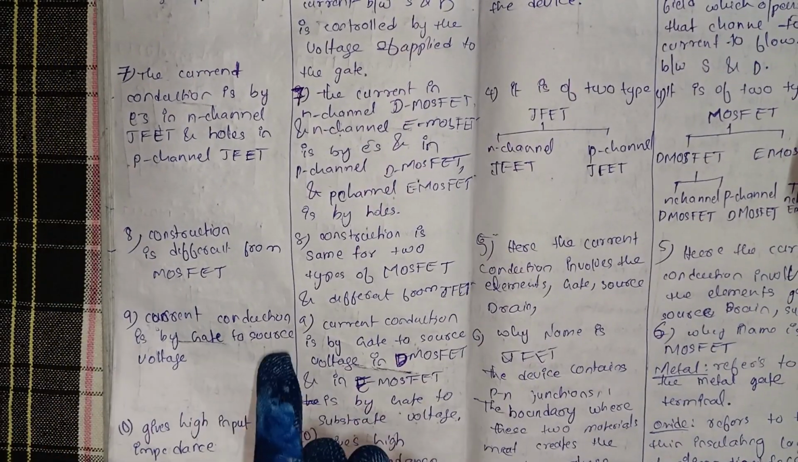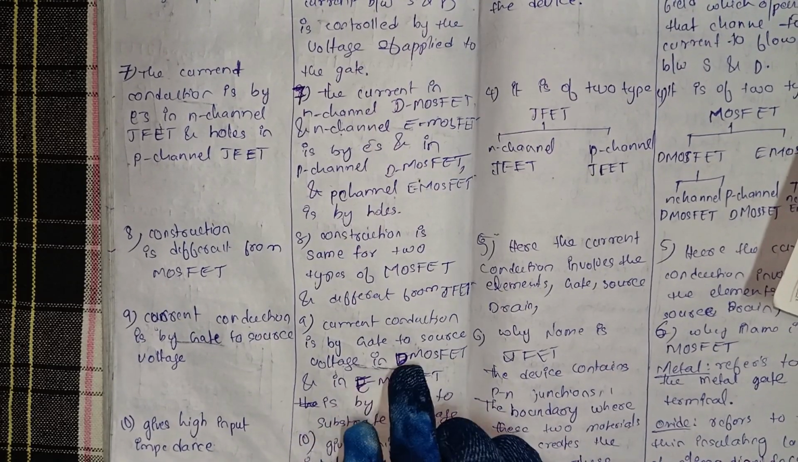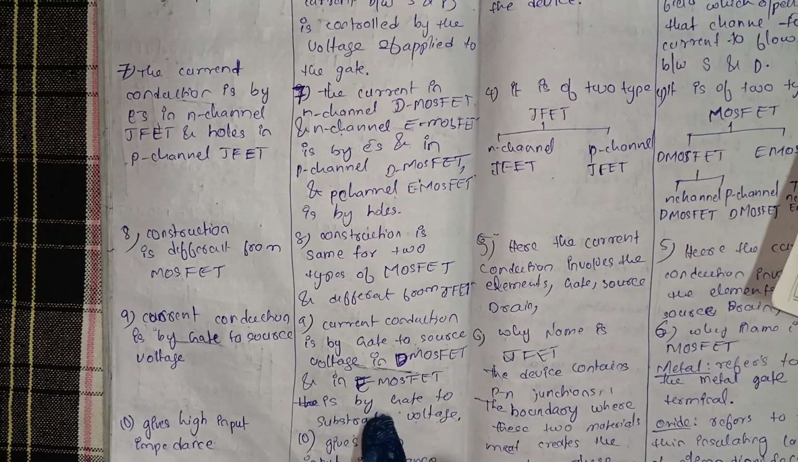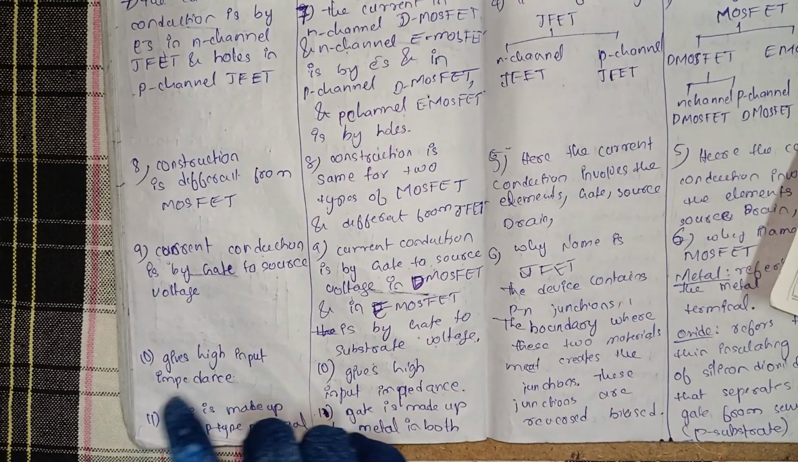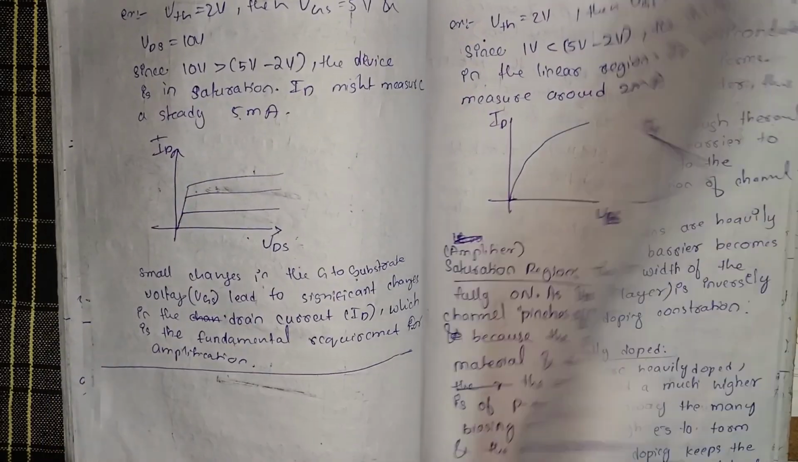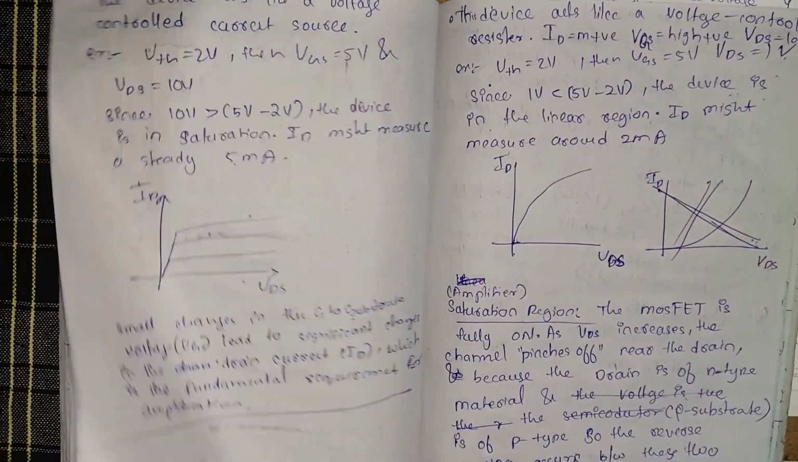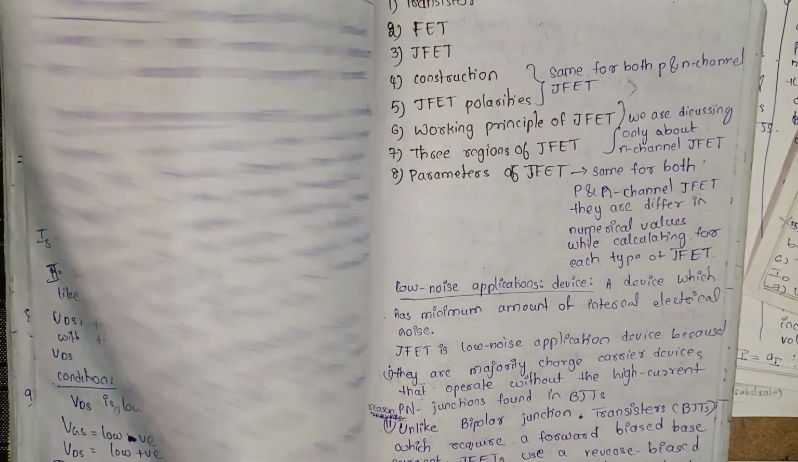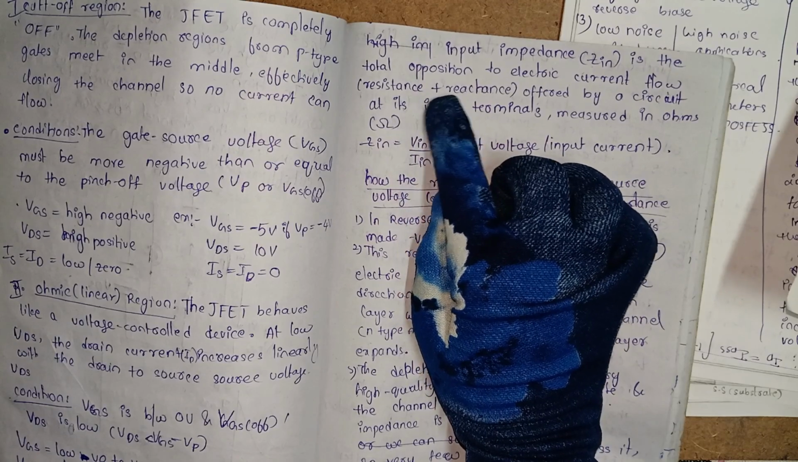The current conduction is by gate to source voltage in D MOSFET, and in E MOSFET it is by gate to substrate voltage, as I have said earlier. Then it gives high input impedance. So why they are giving high input impedance? Input impedance means the total opposition to the electric current flow, resistance plus reactance,